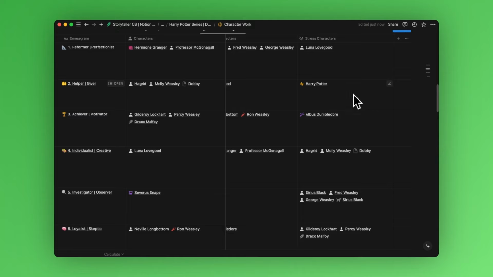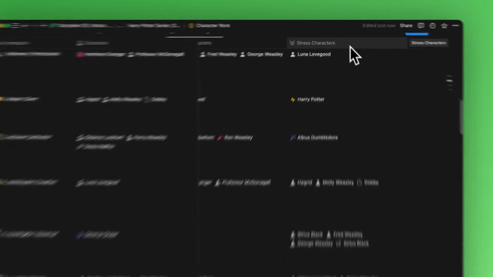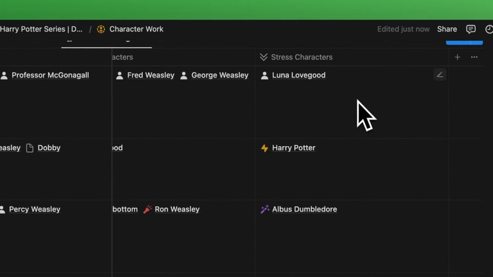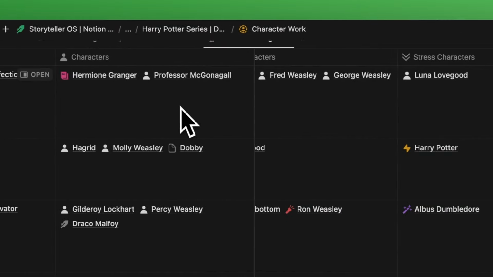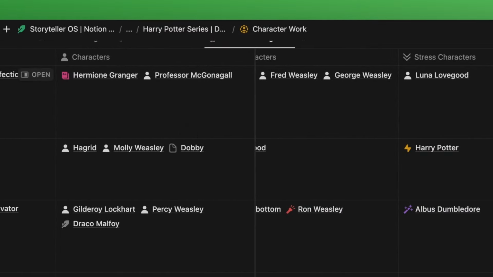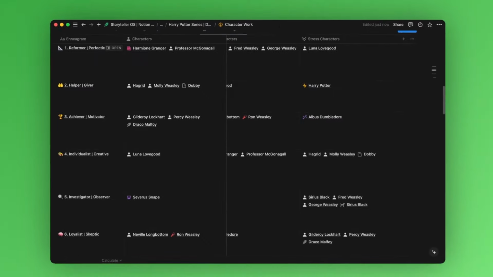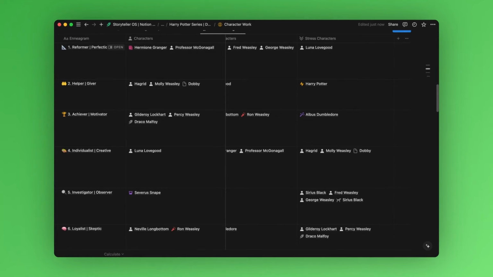On the flip side of that is the stress characters property. Similar to healthy growth, each Enneagram has a path of stress or disintegration that takes the unhealthy qualities of another corresponding Enneagram. This stress characters property shows characters who are the corresponding Enneagram that is meant to be an unhealthy direction for this Enneagram. Use this property to discover characters who could be bad influences for the characters of a particular Enneagram.